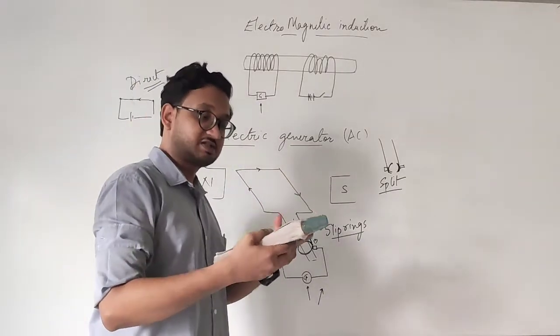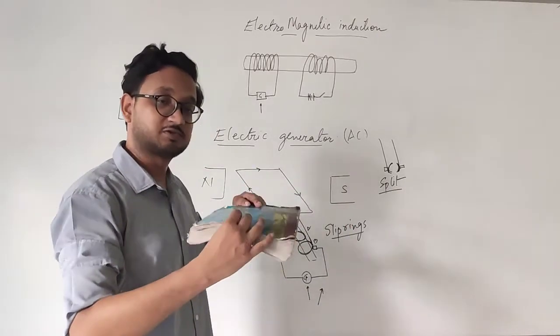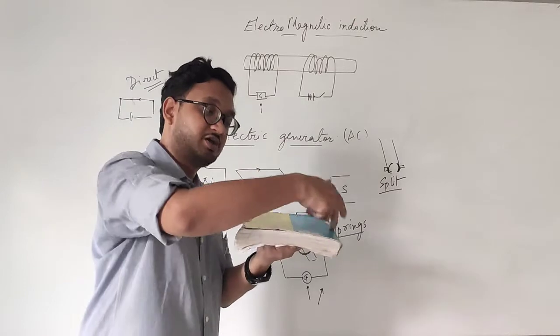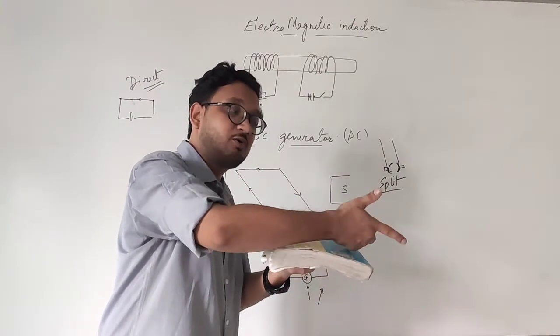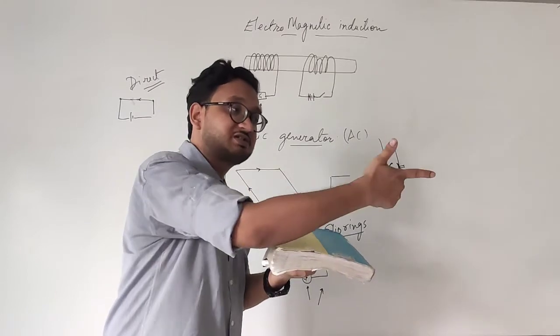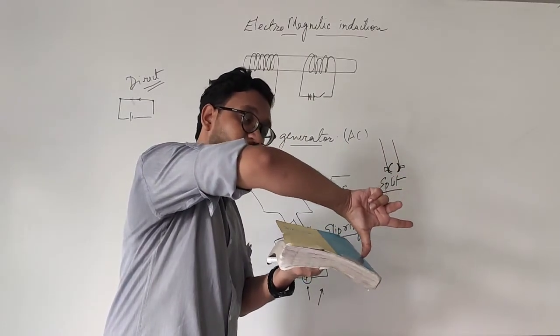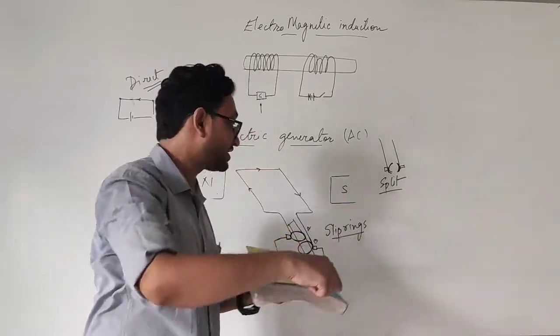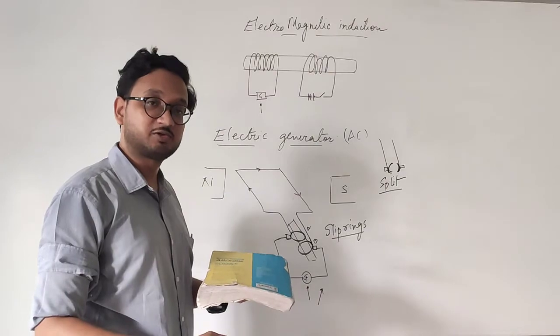Okay, now what happens is, as soon as this part goes over here, when it goes like this, you can see that this part is going downwards. So now the magnetic field is in this direction, but the movement is this way. As you can see, the movement is this, that means the current is going in this direction, just over here. I hope it is clear to you, students.